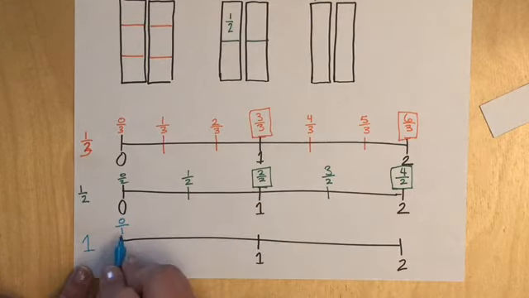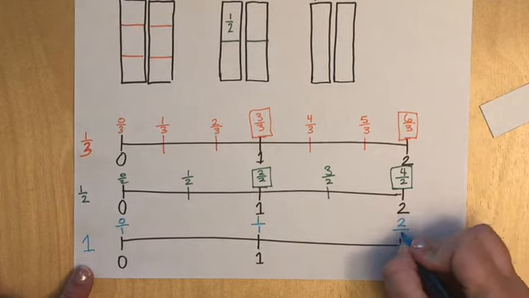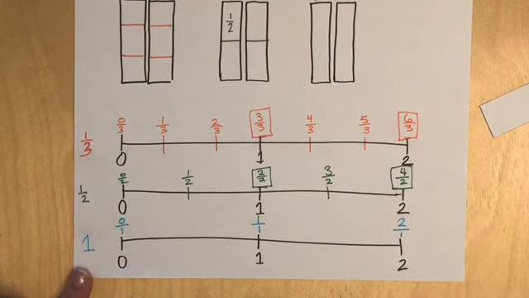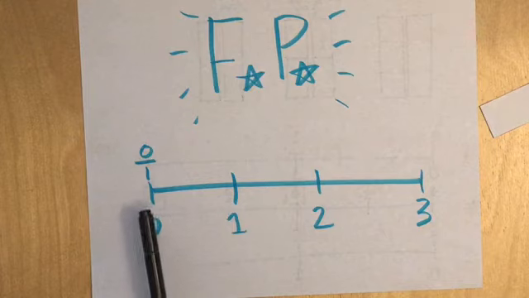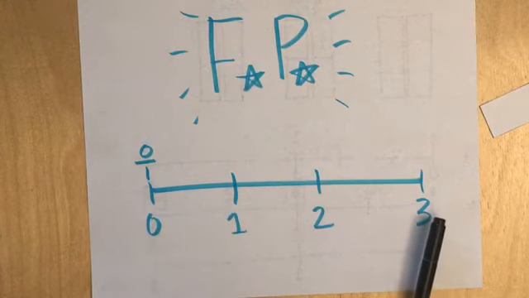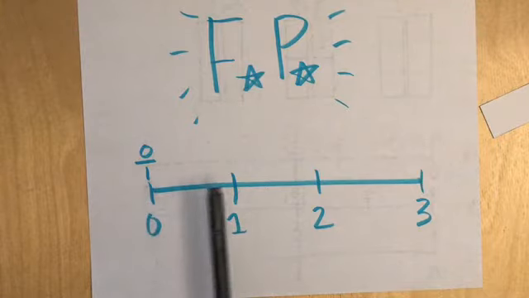All right, so you should have done 0 wholes, 1 whole, 2 wholes. How did you guys do? For your final problem, pretty short, I just want you guys to label a number line going from 0 wholes to 3 wholes, and then you're just gonna label the wholes as a fraction. So I want you guys to write a fraction here,